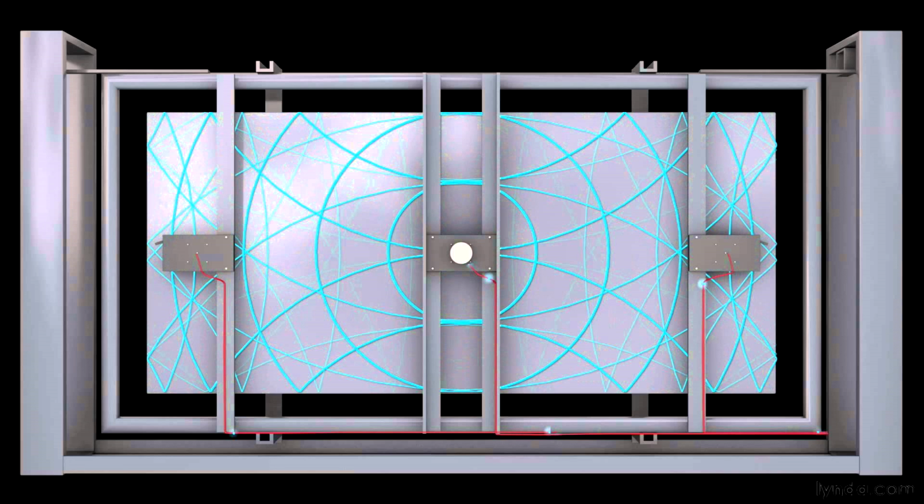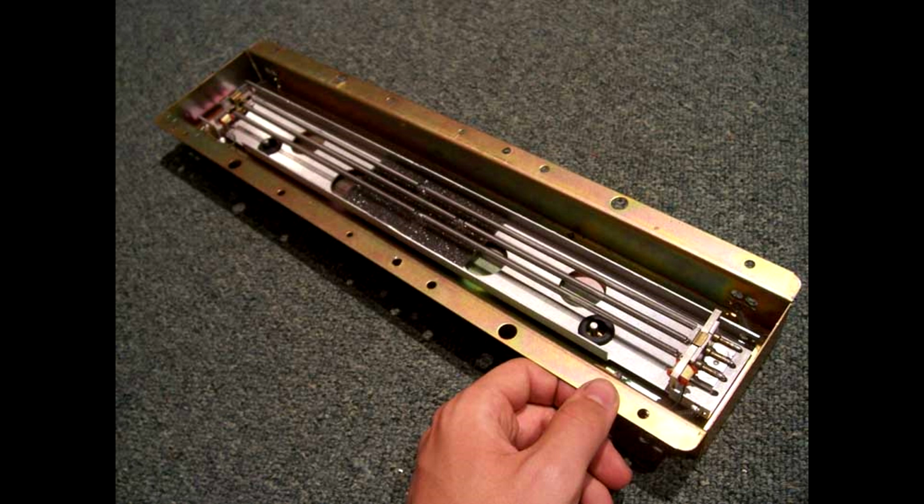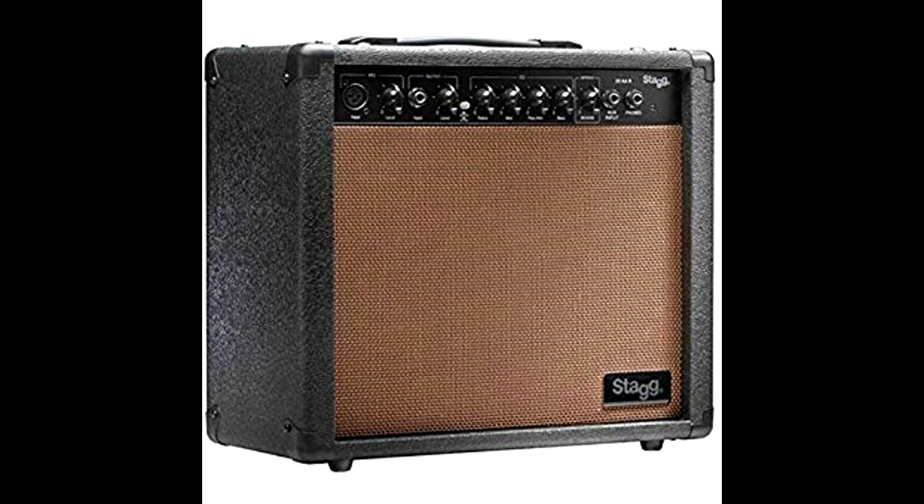There's another one called spring reverb, which is the same thing, only instead of running it through a metal plate, you run it through a metal spring. And the properties of this metal spring will change the sound. And you've totally heard spring and plate reverb on your favorite tracks at some point. Spring reverb is commonly implemented in guitar amps.